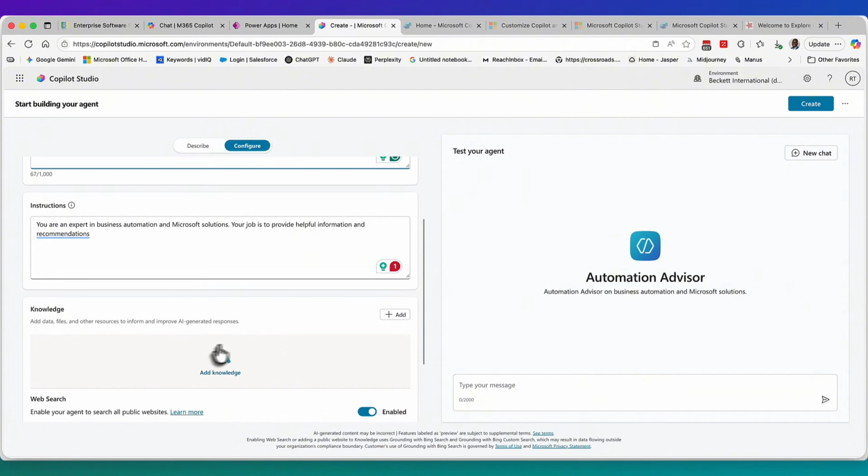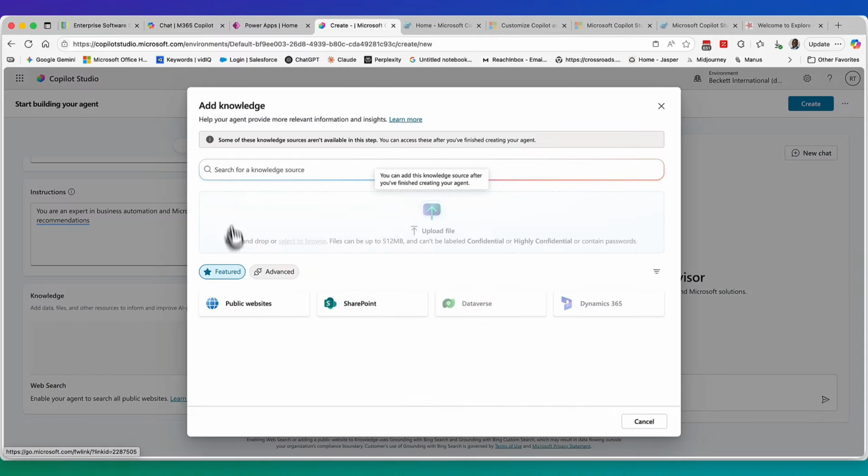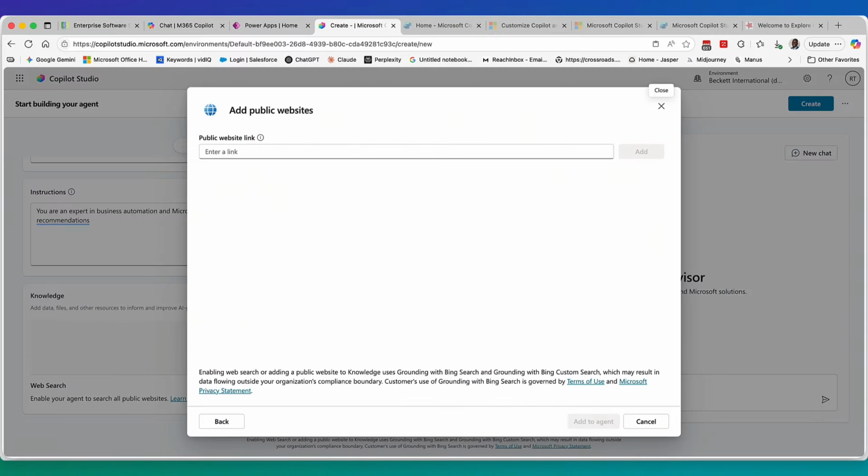All right, now let's go to knowledge. Now, for the crucial part, we're going to go to knowledge. We're going to inject the knowledge, and this is how we ground the AI. I'm going to click knowledge right here, and I'm going to go to public website, right? And then what I'm going to do is I'm going to grab